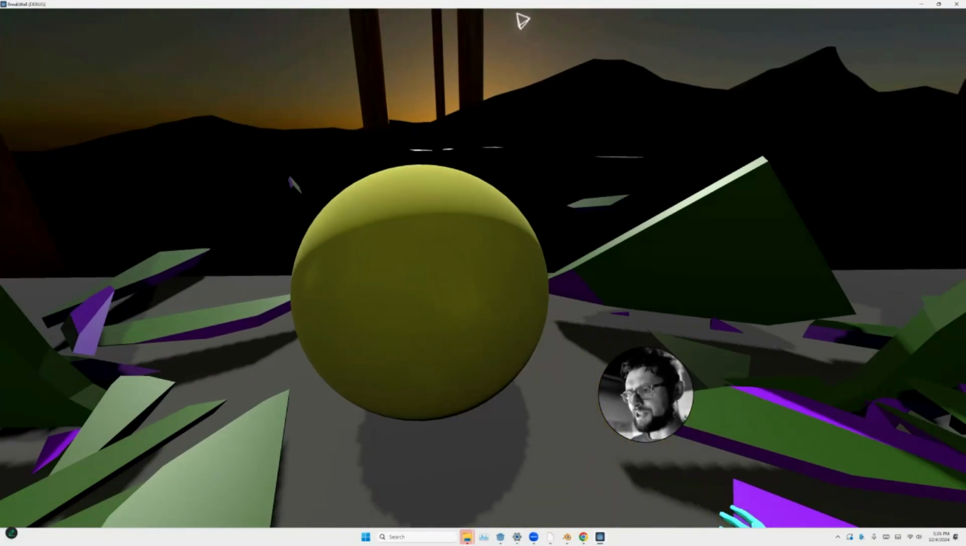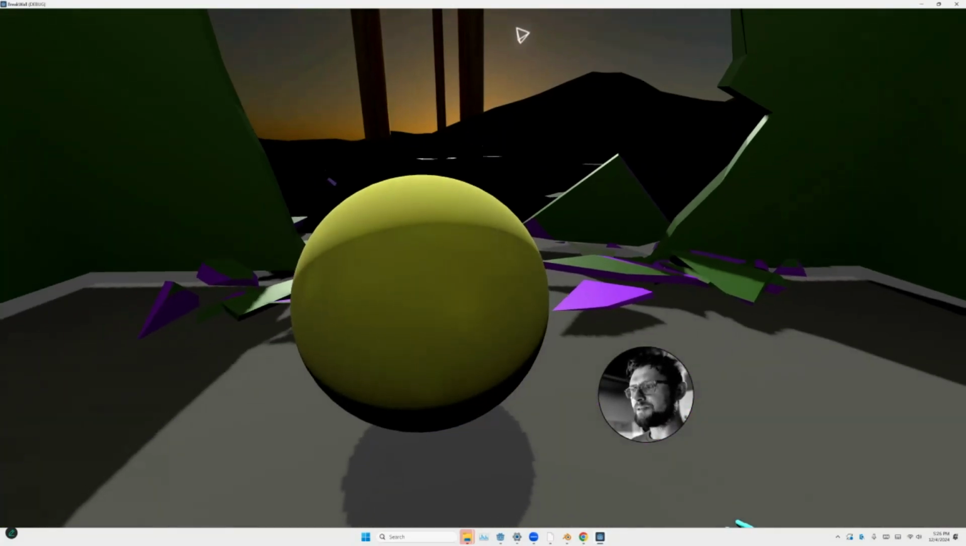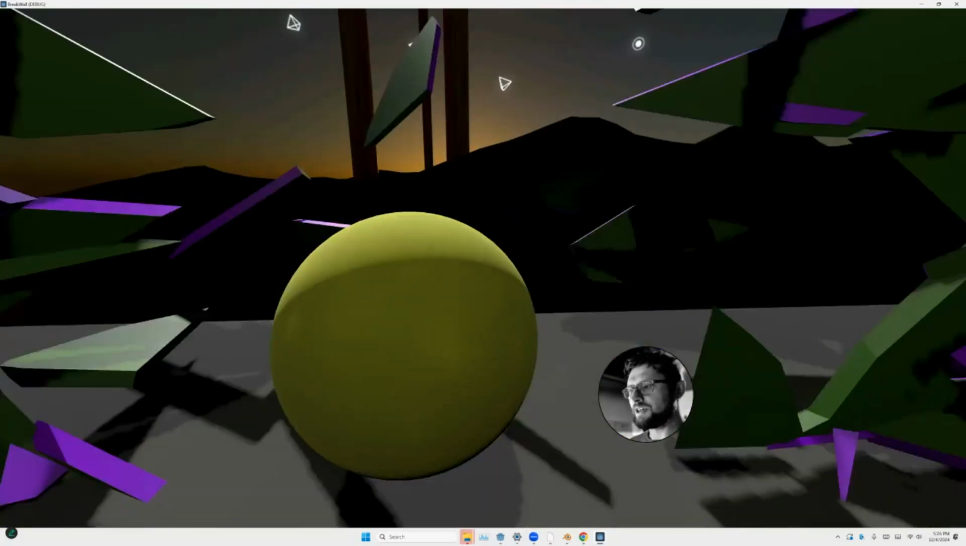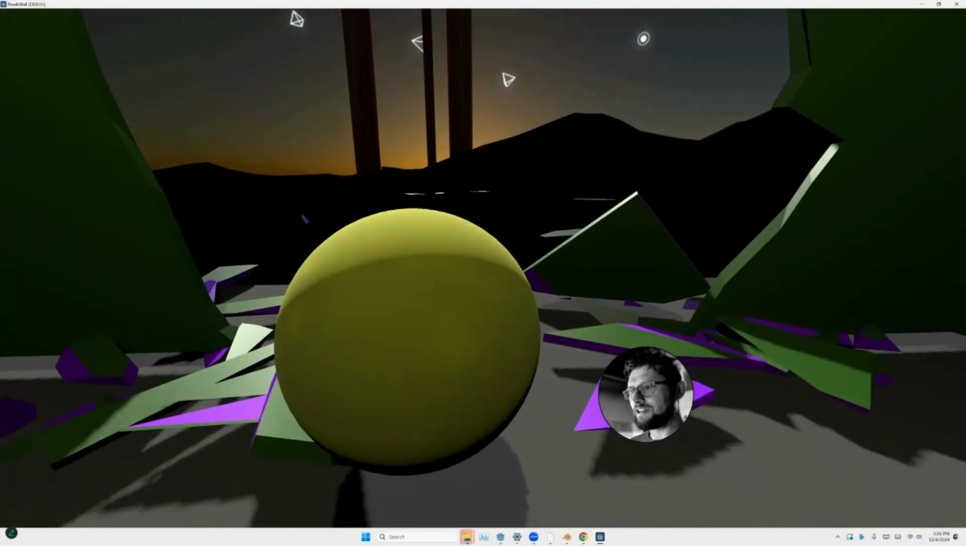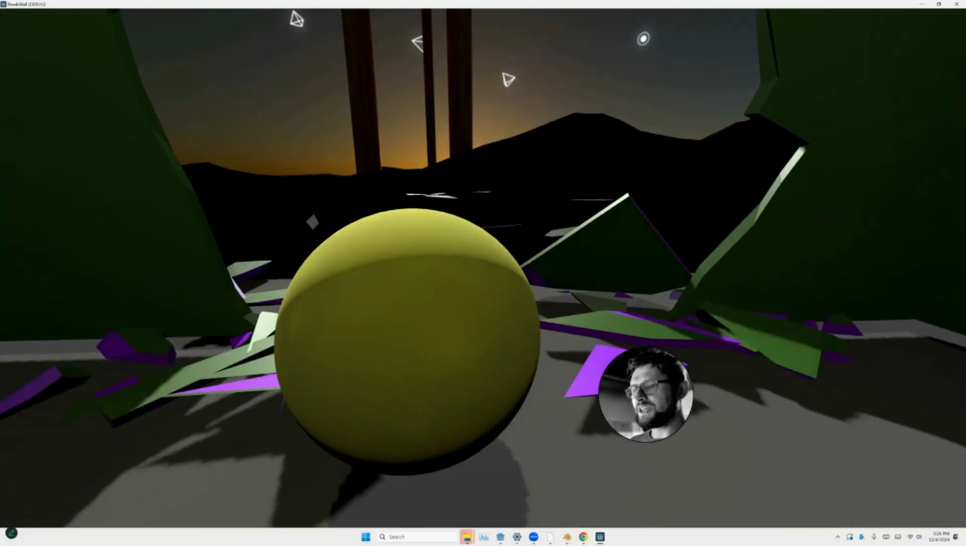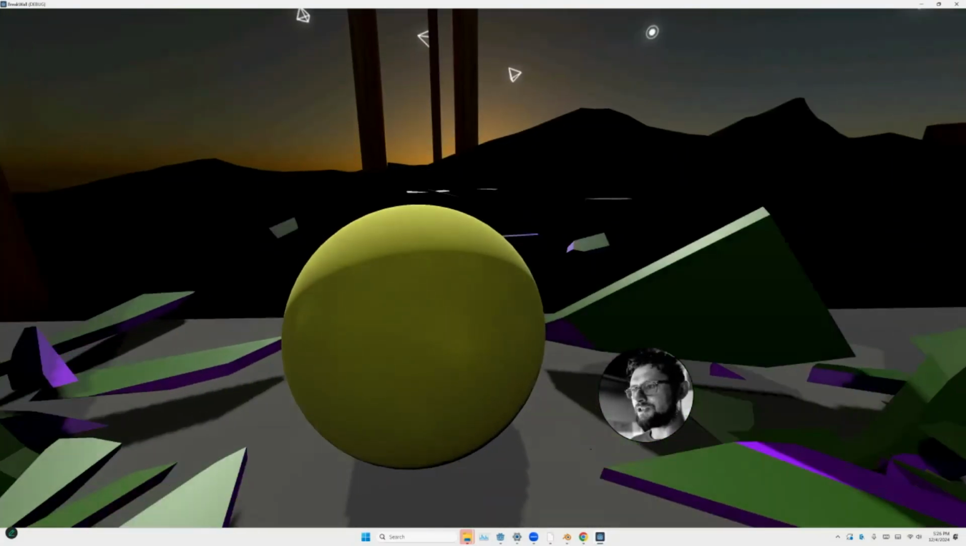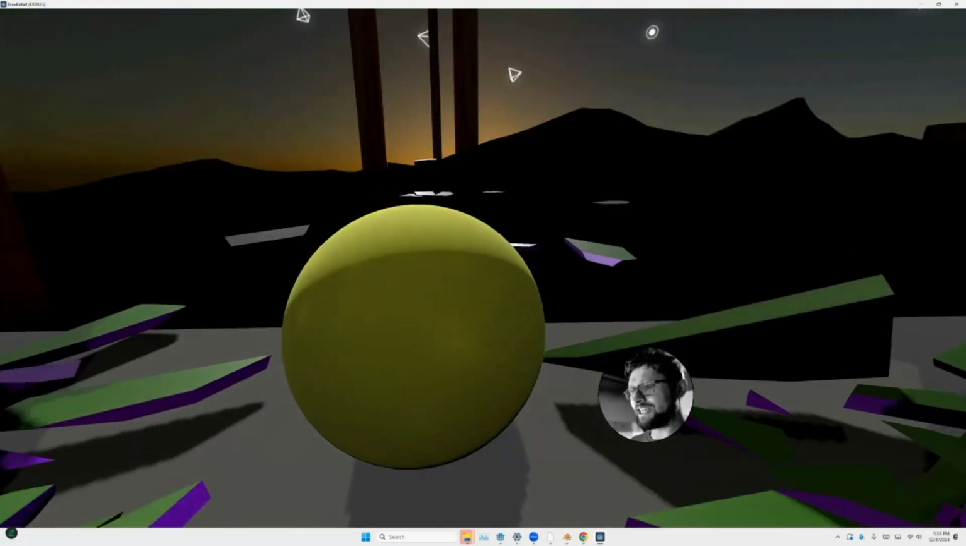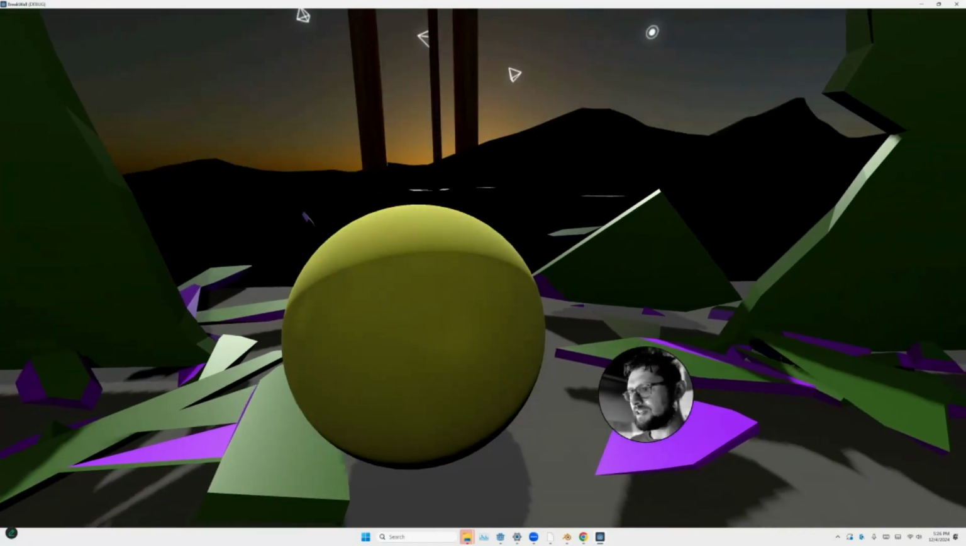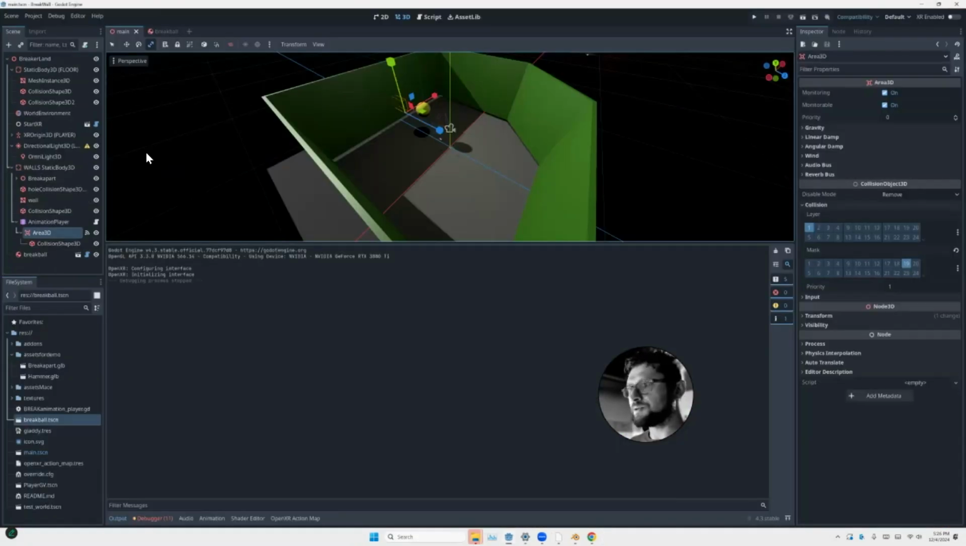And this is the problem, though. Watch this. If I back up and I go back into the hole, the wall explodes again, because the Area 3D is still triggering the animation. It's kind of entertaining, but not what we want. So to fix that, we're going to add another